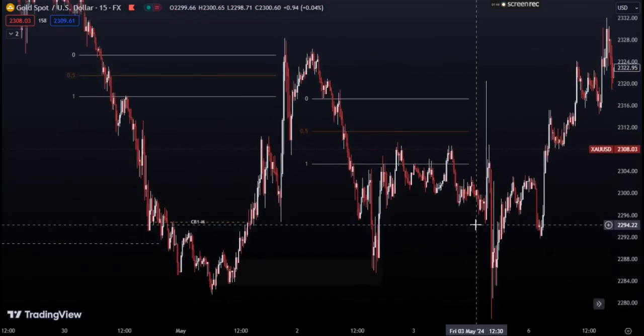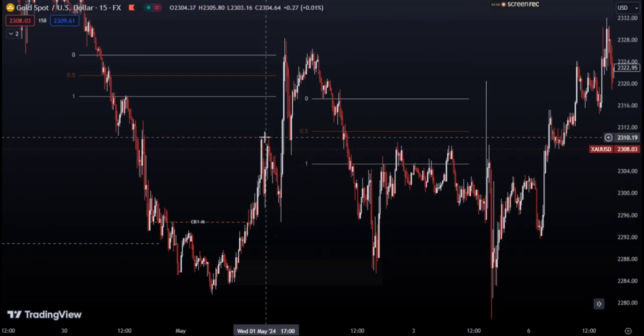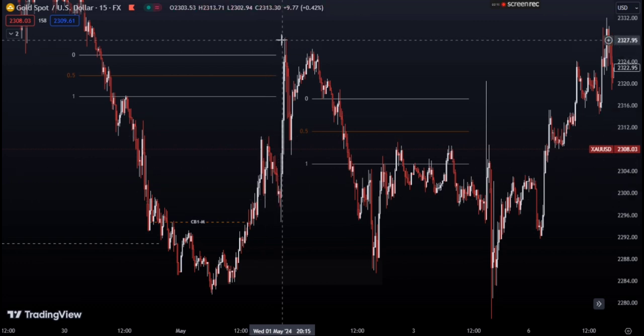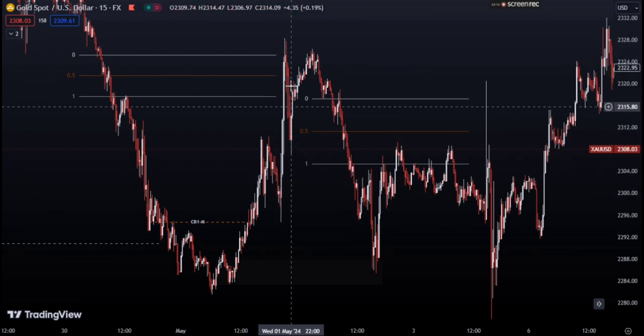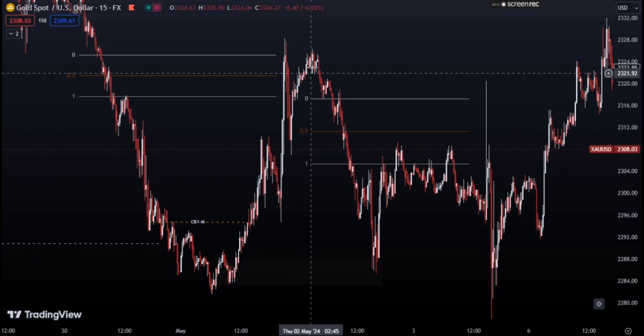Good. So what I've discerned from this right away, because this is the time frame that a friend of mine was at, is that I got to perceive that there was a change of character at this point. I got to perceive there was a break of structure, and the price was that impulsive. I got to perceive that the price later went to the downside with this and created this. It went to the upside.